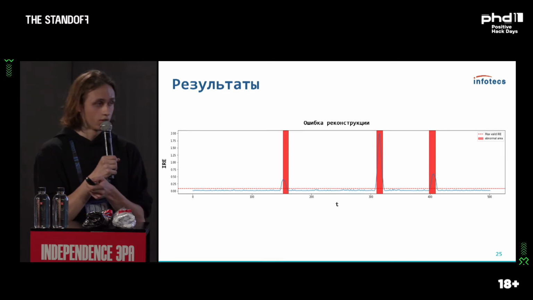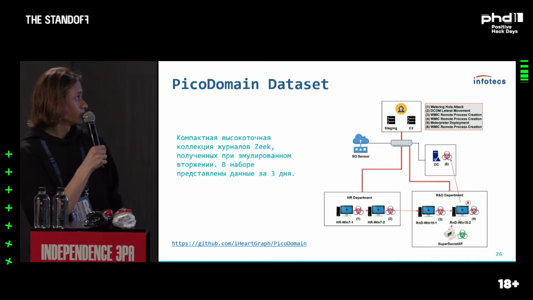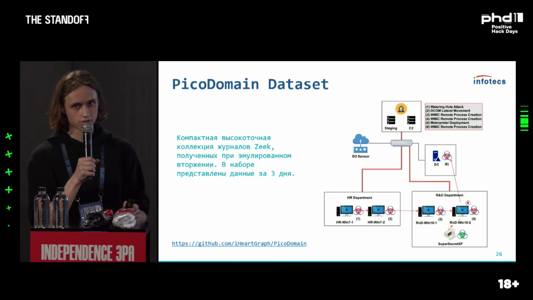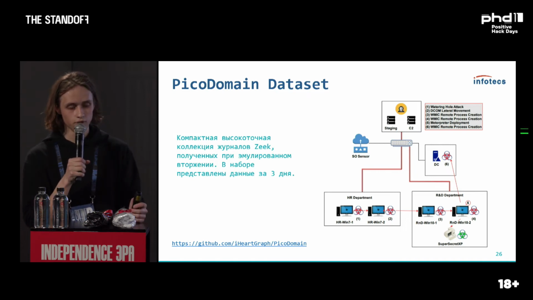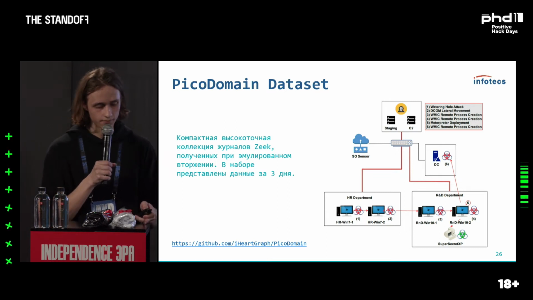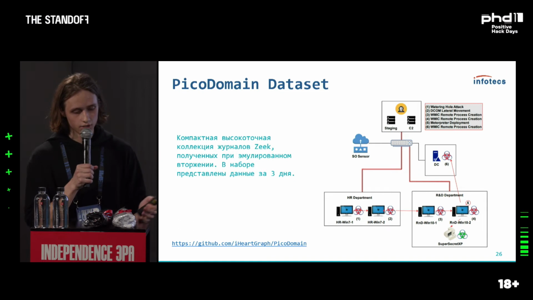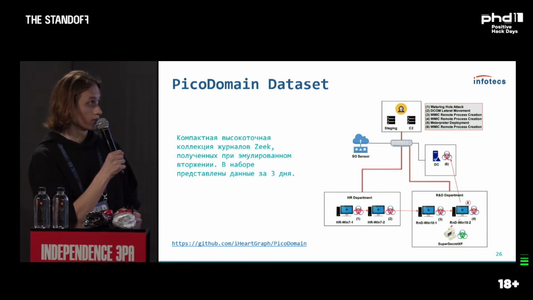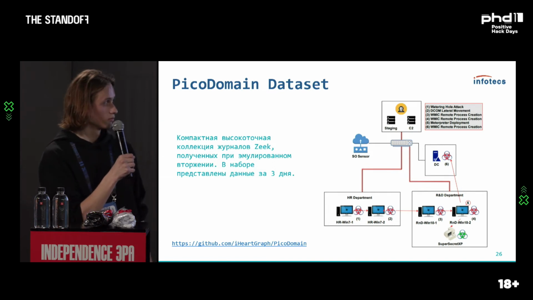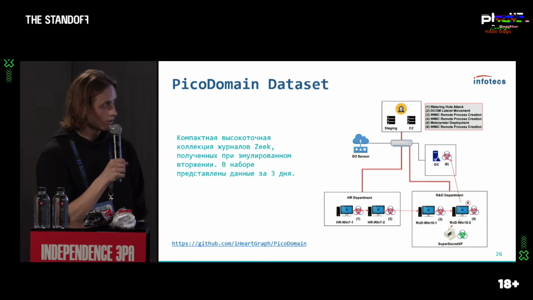Then we moved to the network traffic. One such example was Pico domain data set. It's a set of network magazines from which we only took the transport level sessions, and here we have the representation of data for 3 days, and the APT attack was carried on for those 3 days. Emulated,